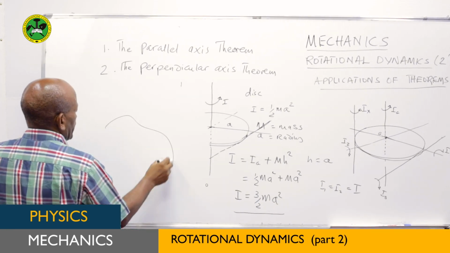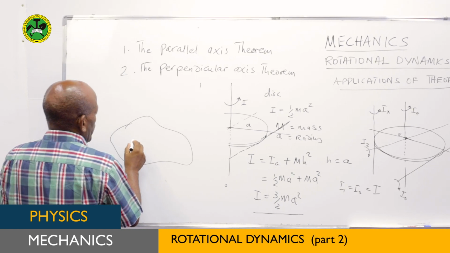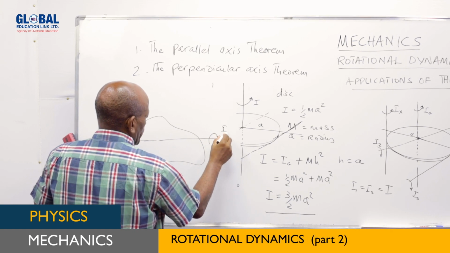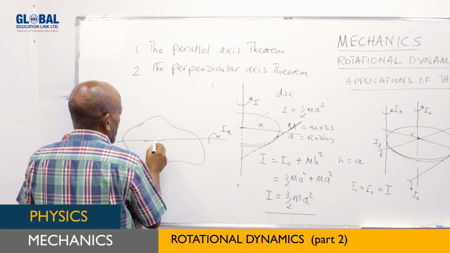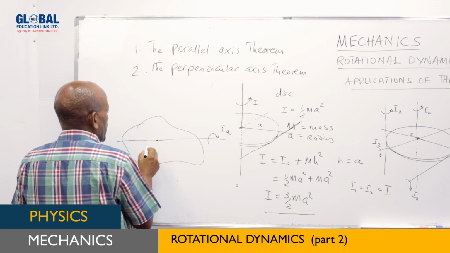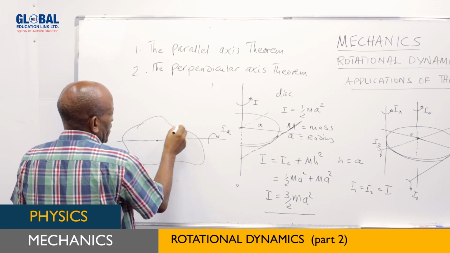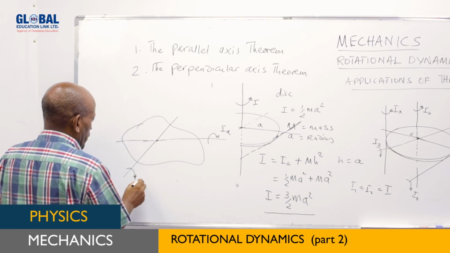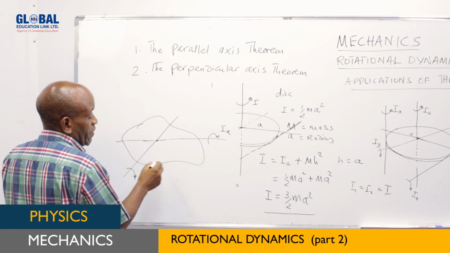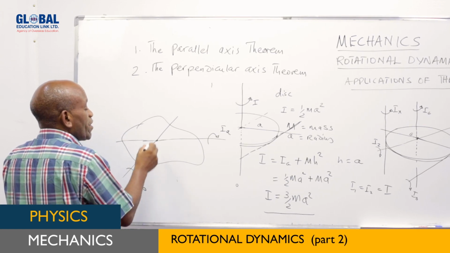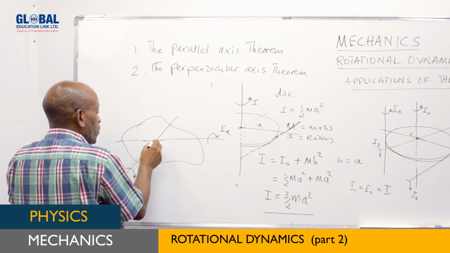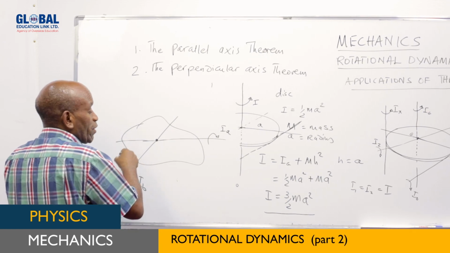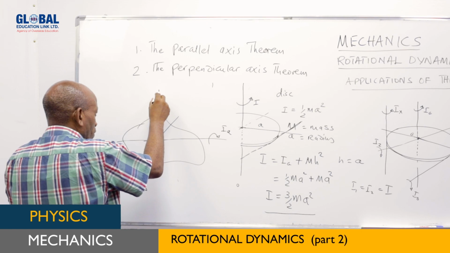if I take this to be a body, and you know the moment of inertia of the body through the first axis, let me call this IA, passing through a certain point, and you have another axis perpendicular to the first one, passing through the same point, call this IB. If the two axes are perpendicular to each other, then the moment of inertia of an axis which will cross through the same point but perpendicular to the other two,